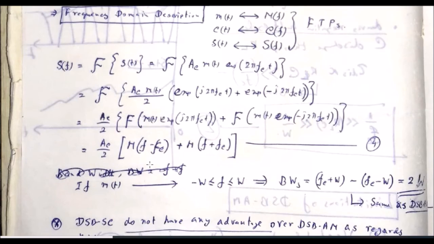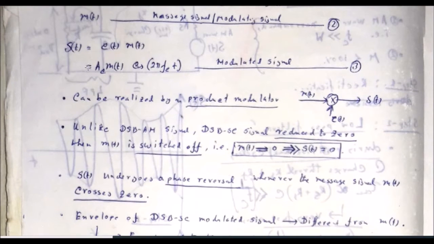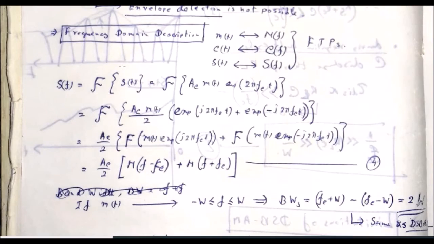Now coming back to the frequency domain information of the DSB-SC modulation. It was the time domain expression of the modulated signal, multiplication of message signal and the carrier signal. Now if you want the frequency domain of this expression, then you have to do the Fourier analysis, that means the Fourier transform. So again Fourier transform pairs are introduced here. m(t) is the message signal in time domain, M(f) will be the frequency domain message signal. Similarly c(t), C(f), s(t), S(f) are the Fourier transform pairs.